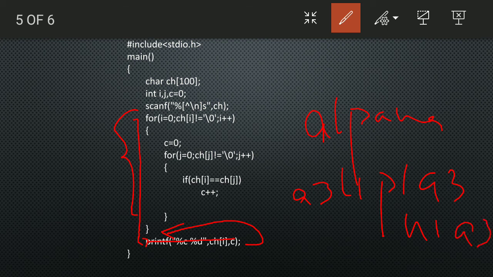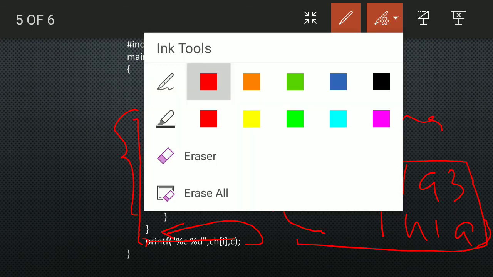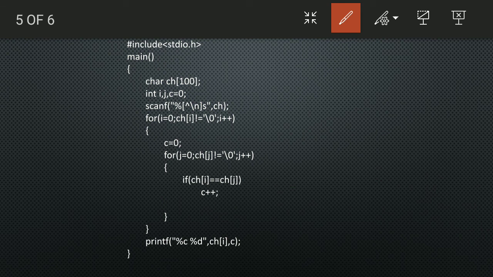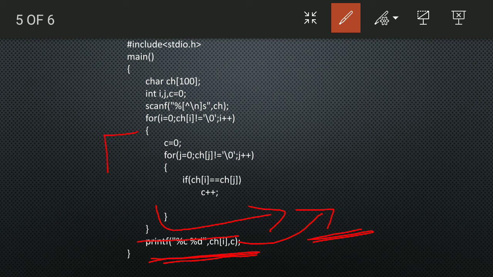If you want to print in this format, the frequency of each and every character, you just need to do a little change: instead of writing it here, you can write this statement up here, after closing this for loop, and then close the outer loop. Then you will get the frequency of each and every element.